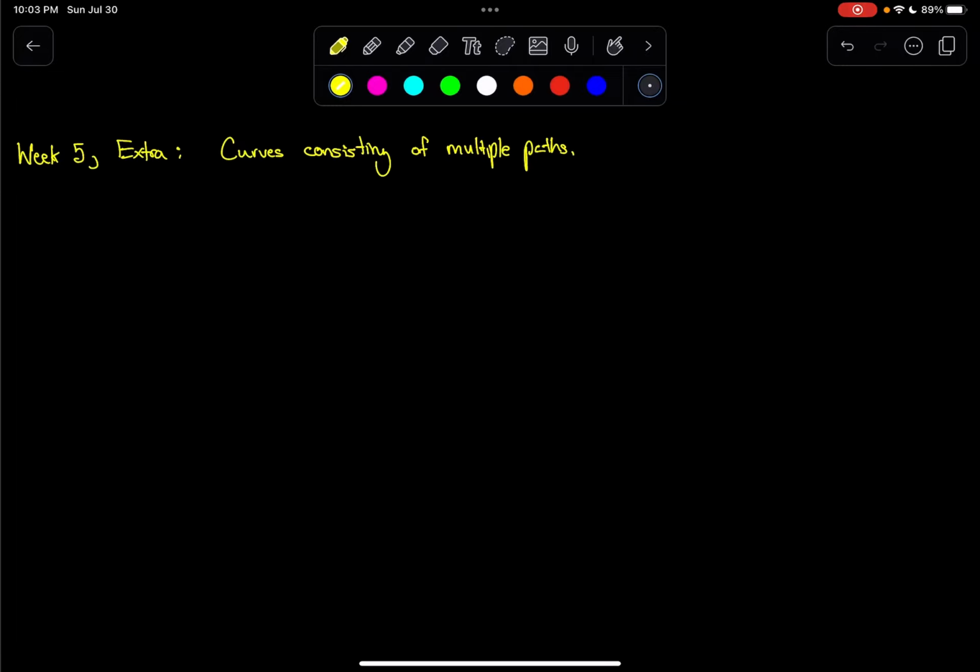So this video is going to be very short, and it's just going to cover that in line integrals we've been talking about having curves, and this curve C, and C is generally denoted to represent the path that we're going to be doing our integration over. But it's entirely possible to have something that consists of multiple pieces, like something like this perhaps, and they